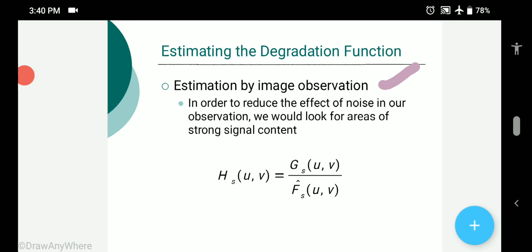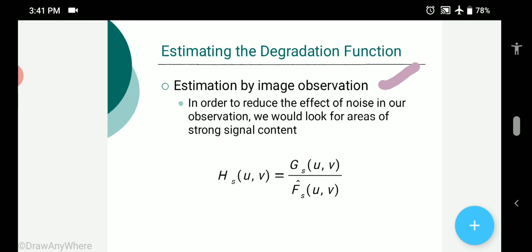Suppose that we are given a degraded image without any knowledge about the degradation function h. Based on the assumption that the image was degraded by a linear position invariant process, one way to estimate h is to gather all the information from the image itself. For example, if the image is blurred, we can look at some rectangular sections of the image containing some sample structures, like part of an object and the background.